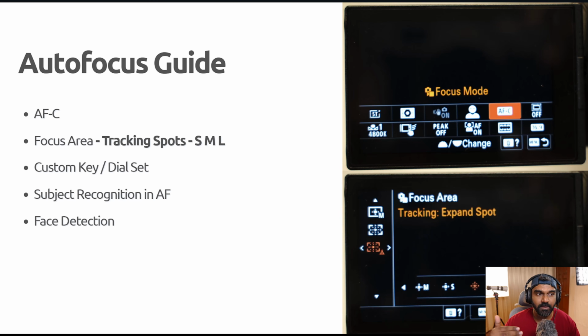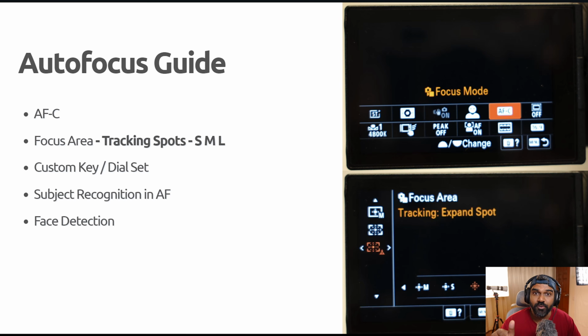For example, in my camera, A7C2 or A7CR, I can set it to auto subject recognition. So it will understand that, okay, now it's a human, now it's a bird, now it's a ball, like that. But if you set it to shoot only humans, it will be a bit faster. So your frames per second will also be much faster, instead of it trying to think a lot and then trying to understand it's a human and then trying to shoot. So the frames per second reduces. So this recognition should be on.